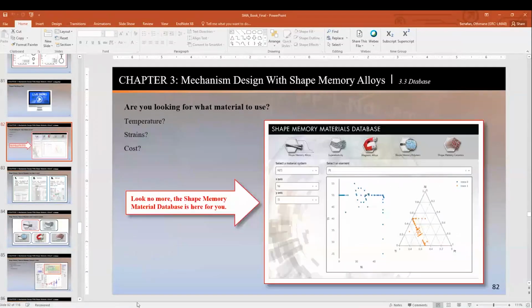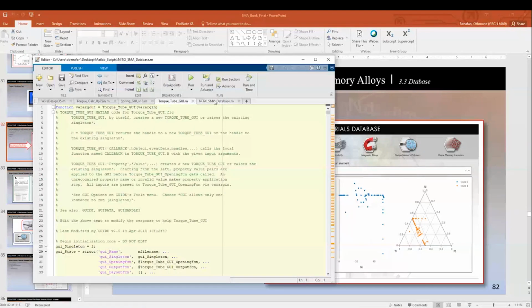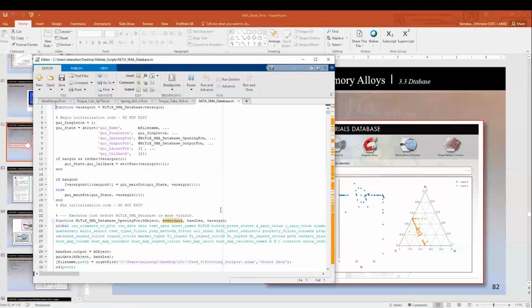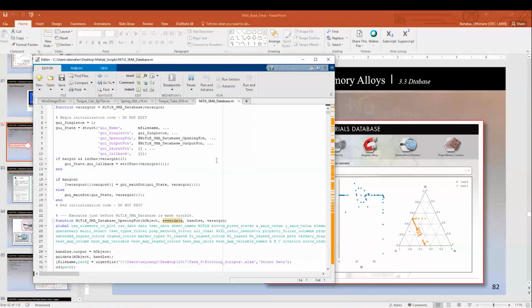All right. Finally, the last tool before we end is this one right here. This one might take a while to run, but I'll describe it. So I described using tools to build an actuator, but this tool that I'm going to go with right now is a tool that allows you to pick the right material. We call it the shape memory alloy or shape memory materials database. Shape memory materials database. So basically from all those alloys that were created since the 1950s, you can